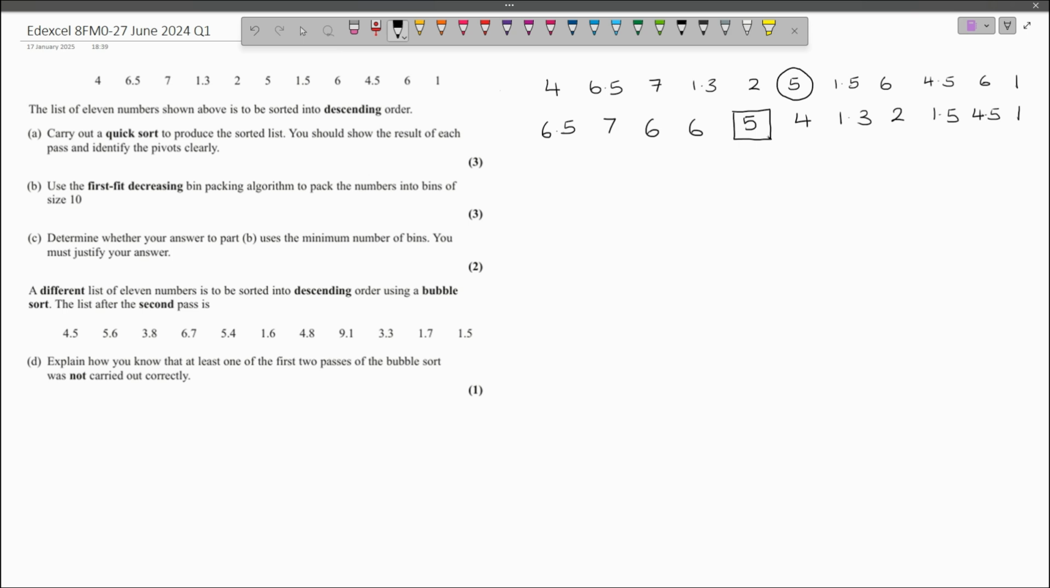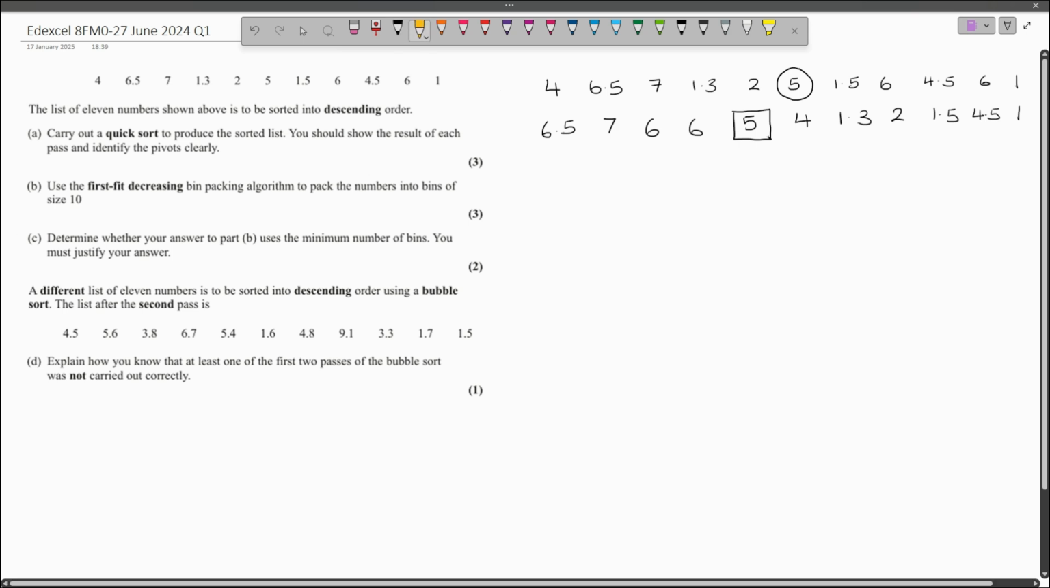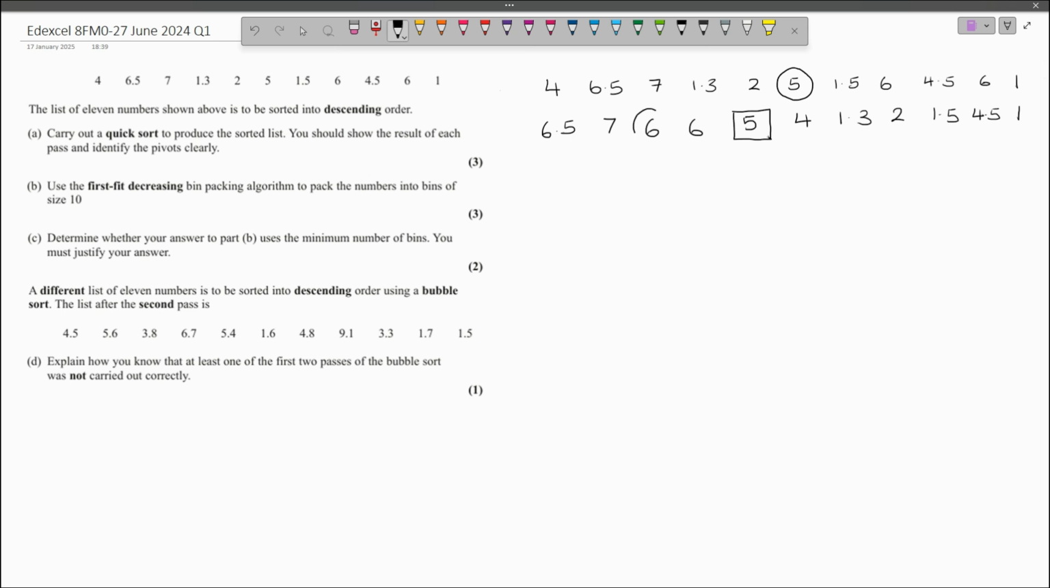We now need to select some more pivots. Currently in this sublist to the left of 5, we've got 4 items. The pivot would appear in the middle here. However, that's a bit problematic because there's no number, so we're going to use the middle right element, which is going to be 6. So taking that to be our pivot, we're going to do the same thing to the list on the right. Again, there's an even number of items, so we're going to use a middle right item, which in this case is 1.5. So again, applying the quick sort, we're going to get 6.5 and 7 because both of those are